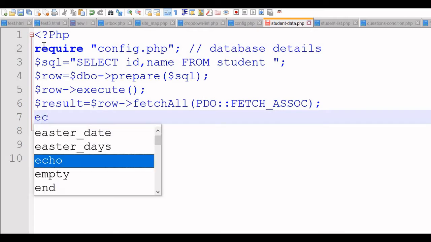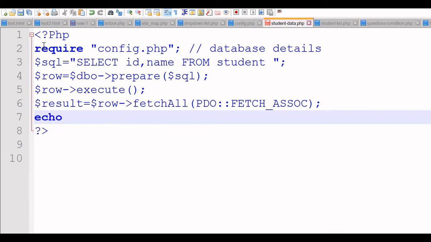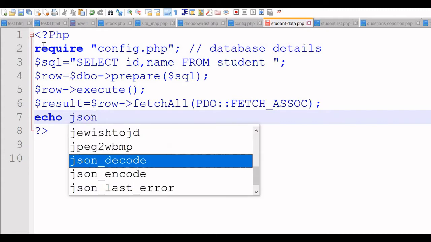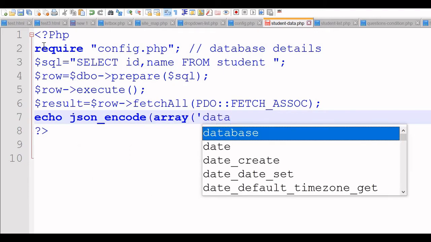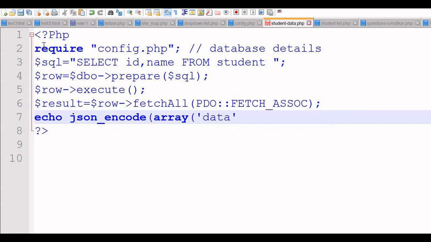Now we'll generate the JSON string. We will use json_encode, it's an array. Now we will declare it as data. This data will be used in our jQuery page while accessing this JSON string.